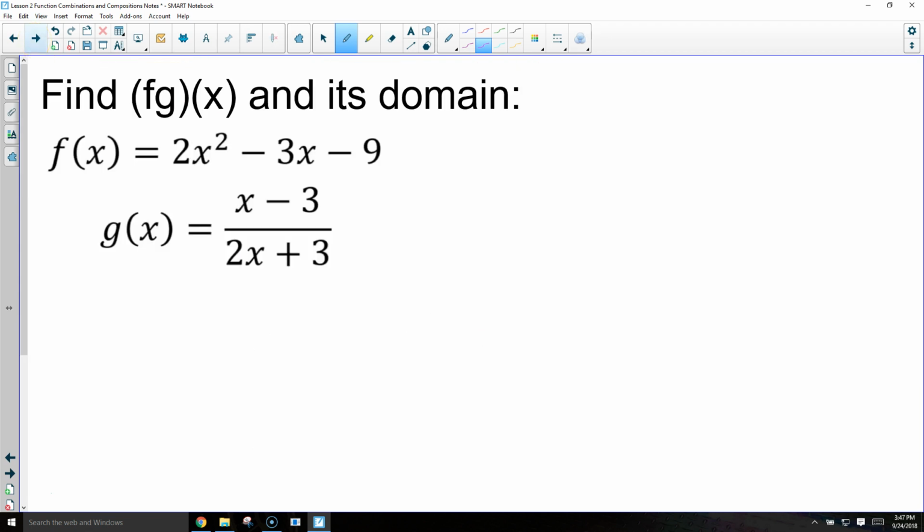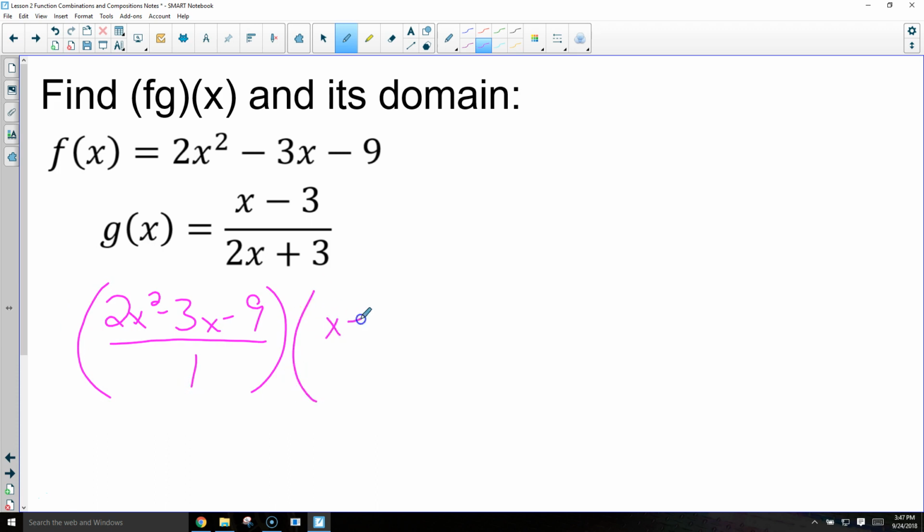Find f times g of x and its domain. So I want to take 2x squared minus 3x minus 9. I'm going to put that over 1 times x minus 3 over 2x plus 3. So we would end up FOILing here, we get